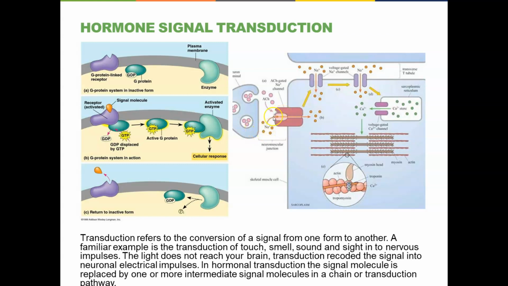The receptor in this particular case allows a flood of sodium to come in. The flood of sodium coming in propagates across the cell and initiates the release of calcium inside the cell. This is the second messenger right here. And the calcium binds to receptors on proteins, particularly associated with the tropomyosin filaments right here. That allows muscle fibers, contractile fibers, to contract. So the signal at a chemical level was acetylcholine. It binds right here, but there's no acetylcholine involved in any of the rest of these steps leading to contraction. That's what we mean by transduction.